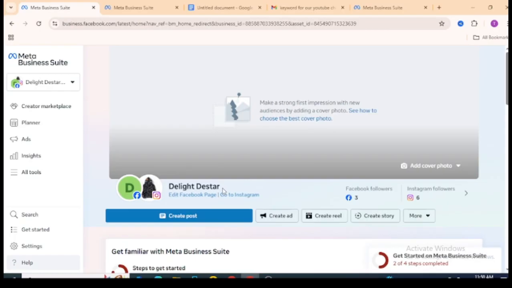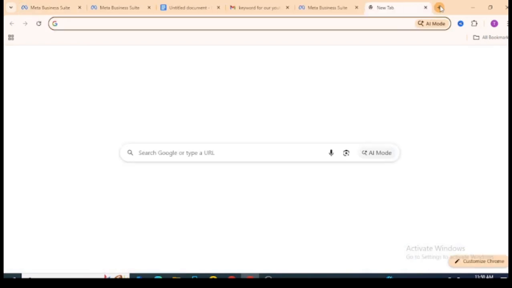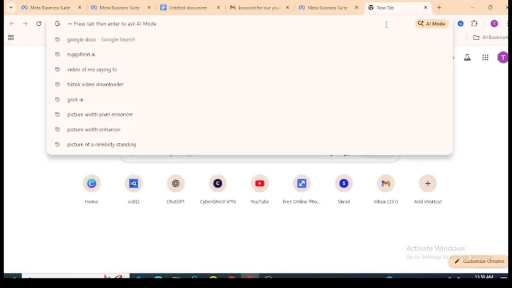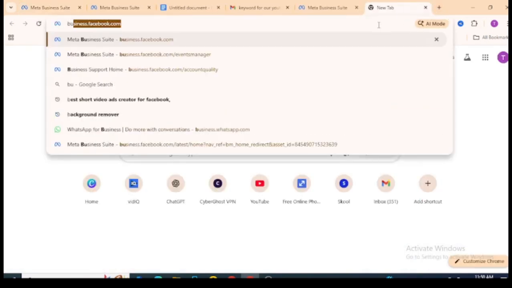So the first thing we are going to do is open a new tab on our browser. If you're using iOS or Android, maybe a mobile phone, you can just go to your browser and then go to desktop mode to do this. But if you're using a computer or laptop like me, just come over to your browser, and once you're here, you want to type in